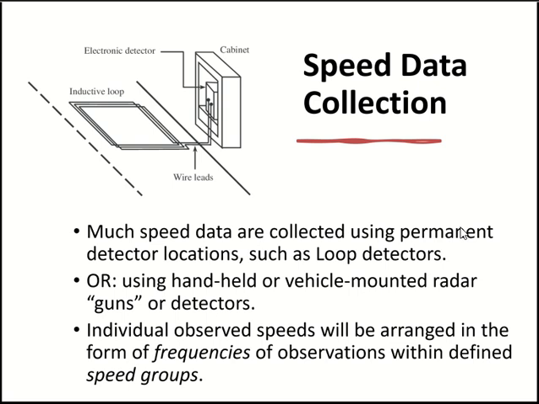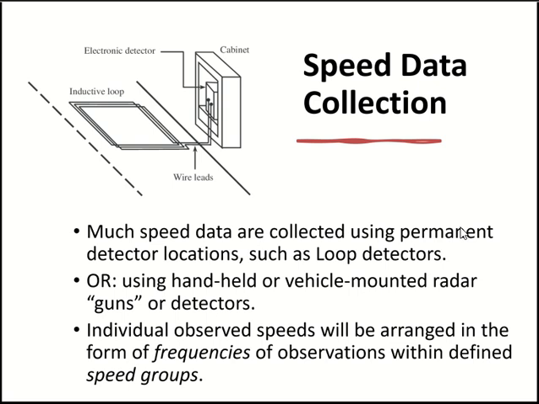Okay. The groups which you made are called speed groups. For each speed group, I will note down how many drivers were in that range, how many drivers were in that group. So for example, I have a group from 20 to 25. Any driver who was driving in this range will be counted in this group. And this count is called